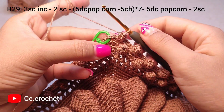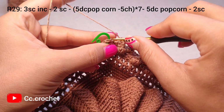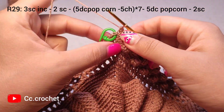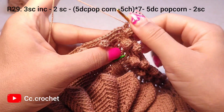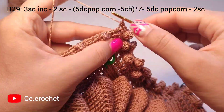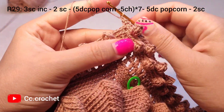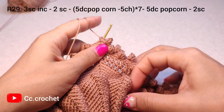Now here in the corner, after this popcorn, 2 single crochet, 1 and 2, then increase in each corner, 3 single crochet here, 1, 2 and 3, then put a stitch marker into second single crochet,